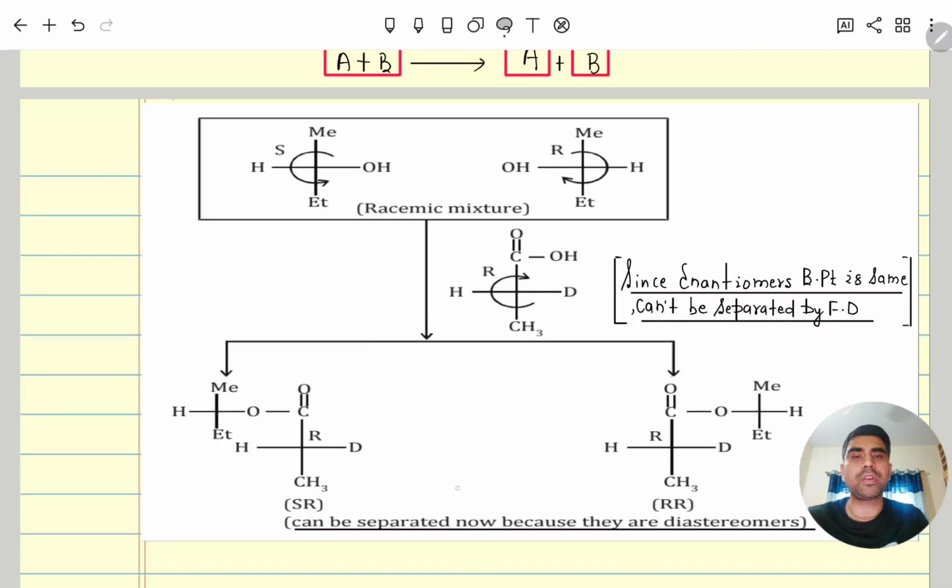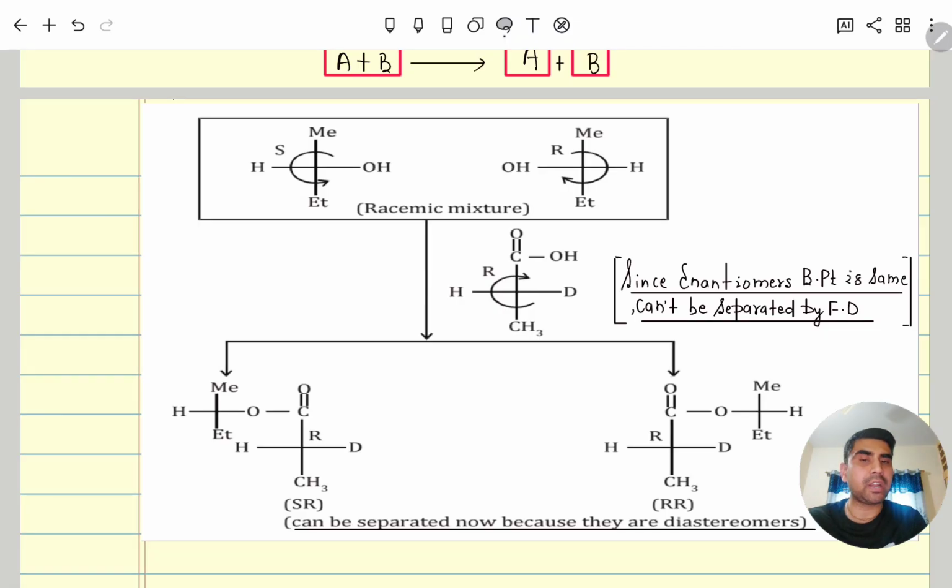So this process is called resolution. If any compound is showing enantiomers, what does that mean? Suppose when this compound is formed, both possibilities exist: either the product will be formed in this way or in this way. That's why these two entities exist in that solution, and they are called enantiomers. If their percentage is 50-50%, that will be a racemic mixture, and if the percentages are not 50-50%, then the overall solution